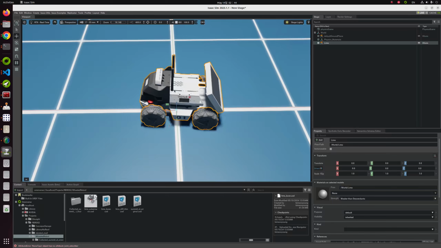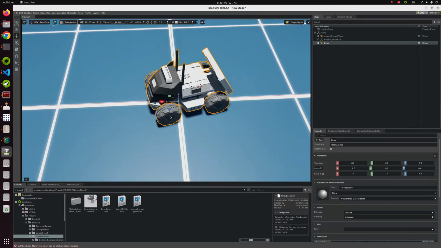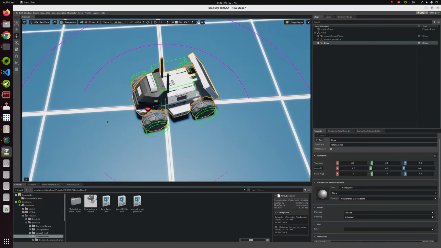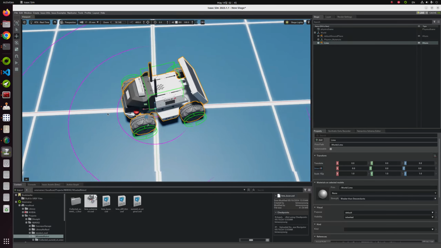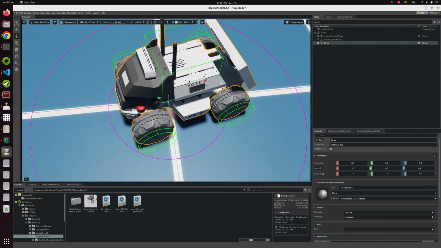So what is the difference between these two models? To show you the difference, I will activate the collision visualization for this robot. You can activate it by clicking this I button in the upper tab, showing by type physics collider, and selecting this all button. It depends on your environment, but now I'm using the RTX 3080. There's no buffering issue here. And as you see in here, there's a slight difference between the actual wheel collision